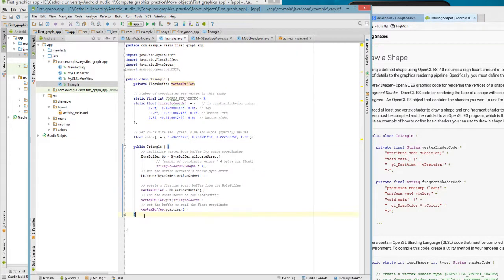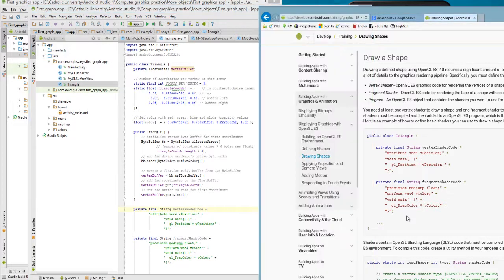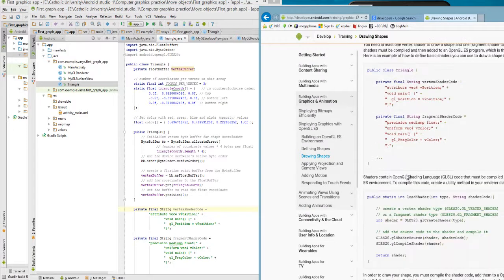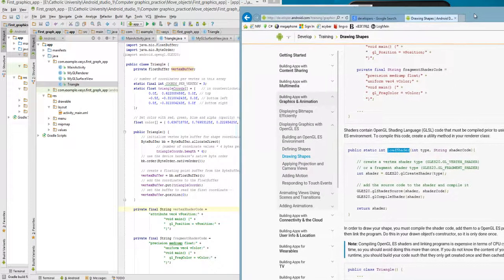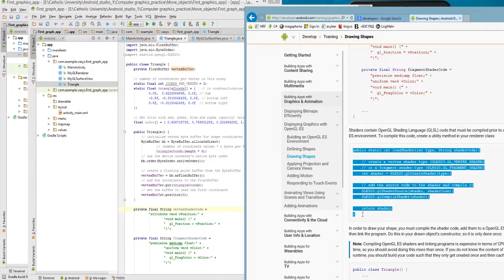So in the triangle class, let's add strings related to the shaders. These strings related to the shaders we will use later in order to initiate the next property of our graphics. Okay, here again the load shaders. The function load shaders. Now we are going to again connect to our